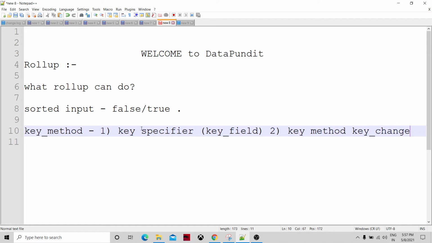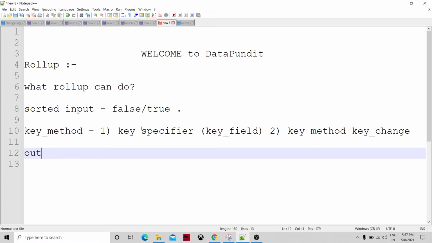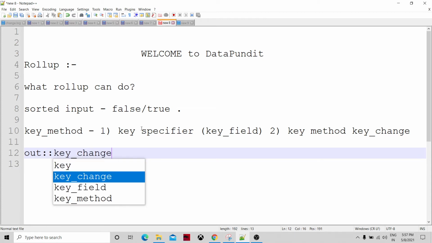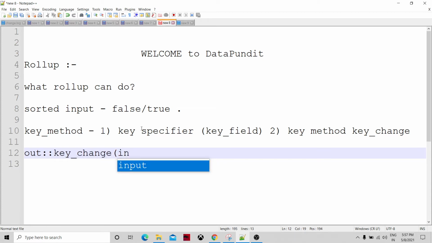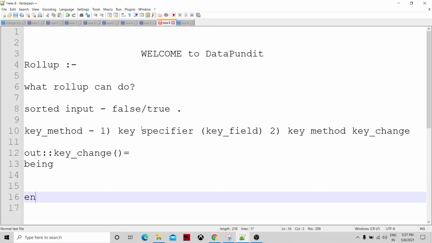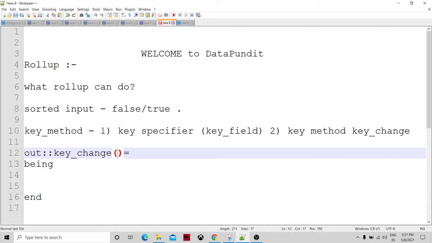The programmer defines the key change function, and if it returns true, that means the next group has started. We define it as out key change. It can take two parameters, current and previous.